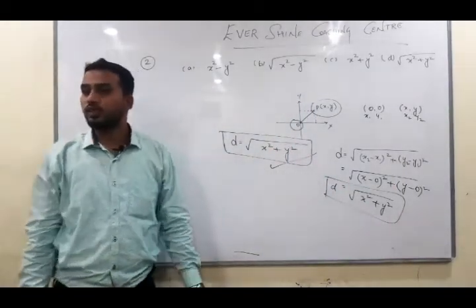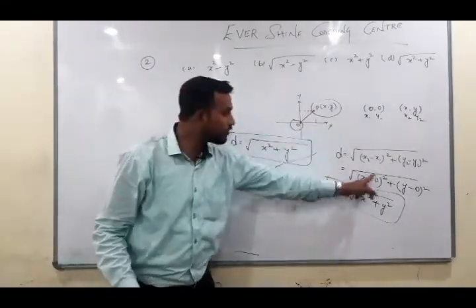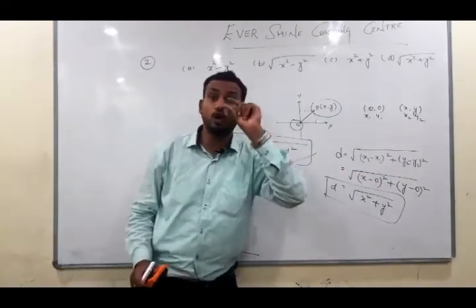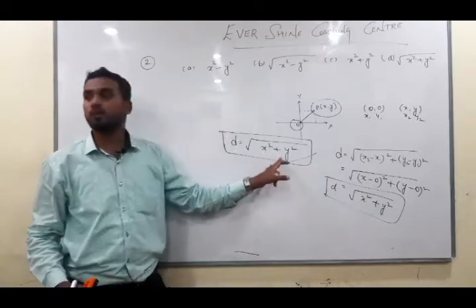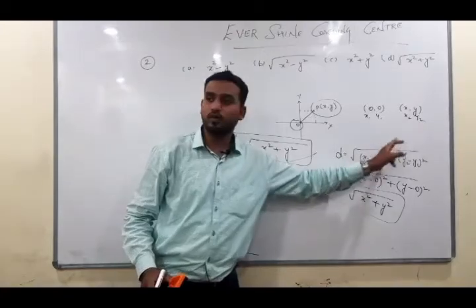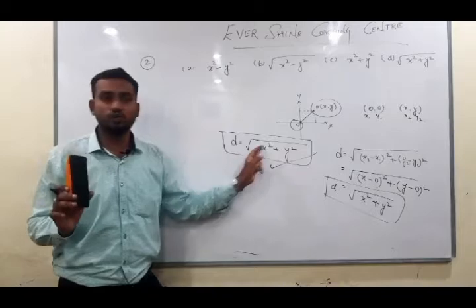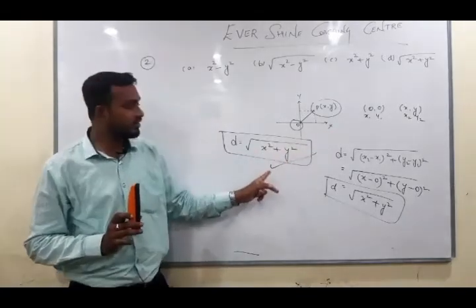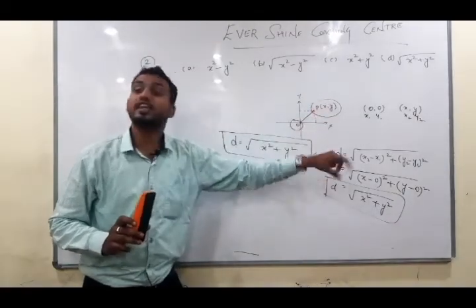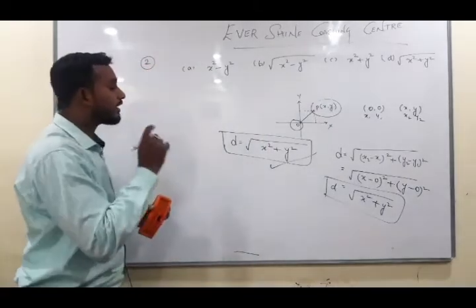Did you understand? If we get two different coordinates, we use this formula. But if they use the word origin and any point, then only root of x square plus y square. If 2 points, root of x2 minus x1 whole square plus y2 minus y1 whole square. The concept clear between these two formulas? Both are distance, but this is origin, that is center or origin to any point, and this is any 2 points. Is this clear? Now according to the given problem, what is the correct answer?